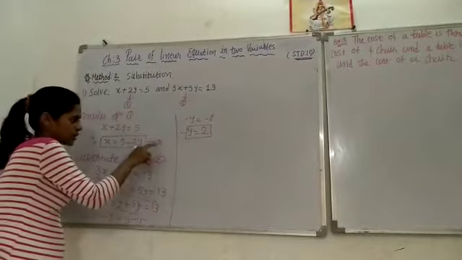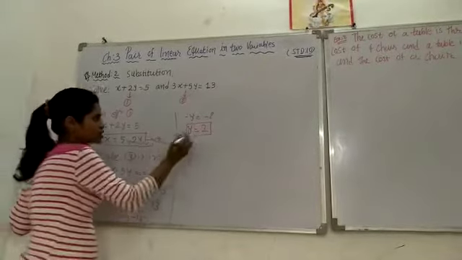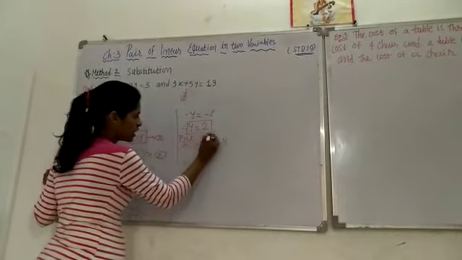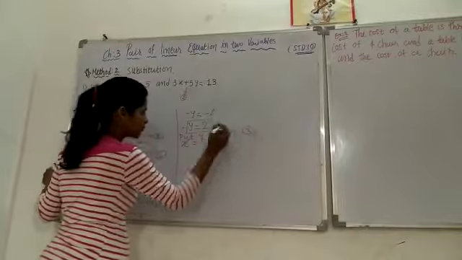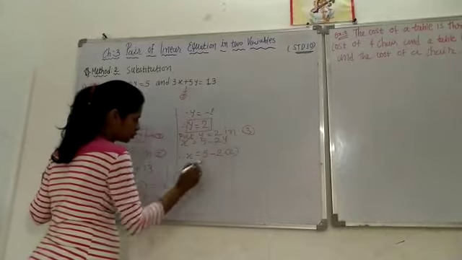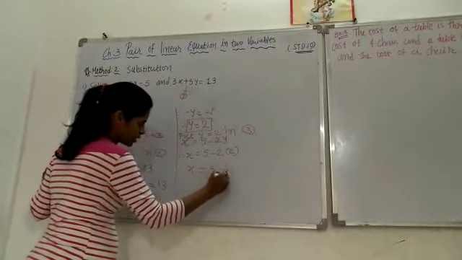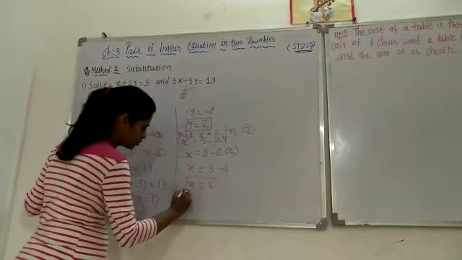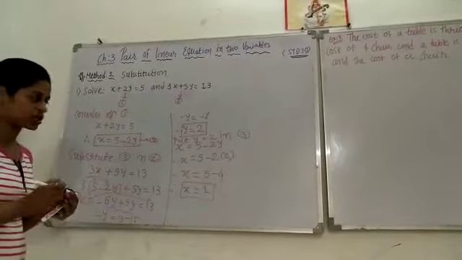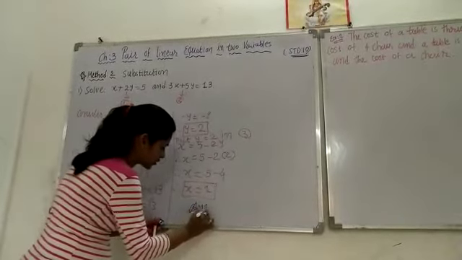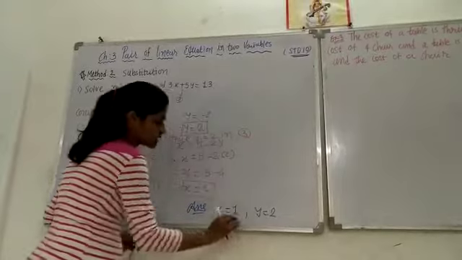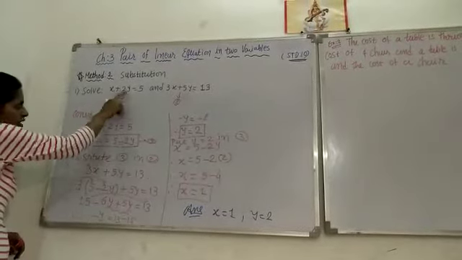Now put this value in 3. So you get value of x. So x is equal to 5 minus 2y. So here you should write, put y is equal to 2 in 3. So instead of y you should write 2. So x is equal to 5 minus 2 into 2. So your x is equal to 5 minus 4. So your x is equal to 1. So your solution of given pair of linear equations by substitution method is x is equal to 1 and y is equal to 2. So this is called your answer. That means x and y values.